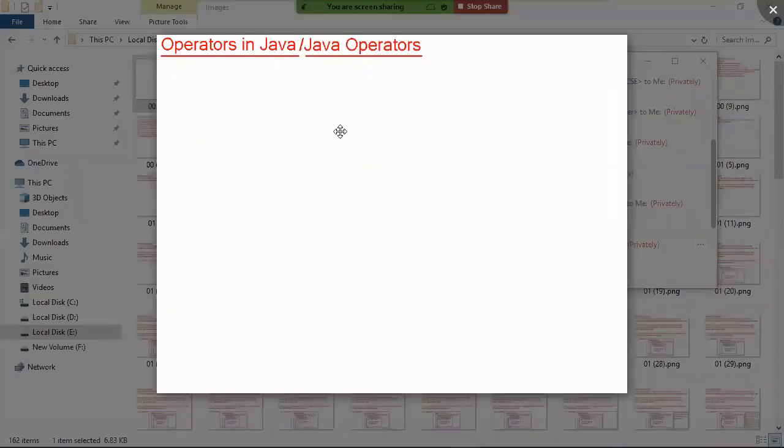Good evening everyone. Let's start the next chapter, operators in Java, or we can call it Java operators. In the last class we completed data types, literals, types of literals, Java 7 new features, type conversions, typecasting, and different test cases we discussed. We also discussed important points about the char data type. With that knowledge, now we are moving to the next topic, Java operators.